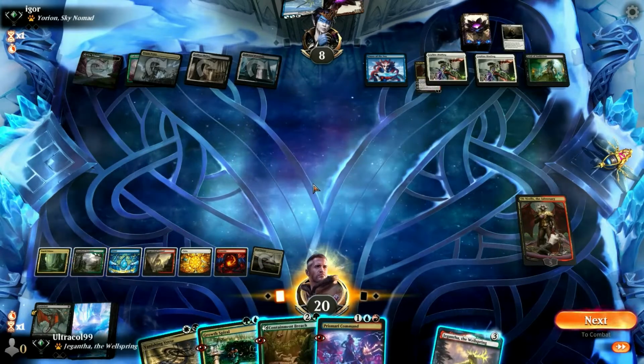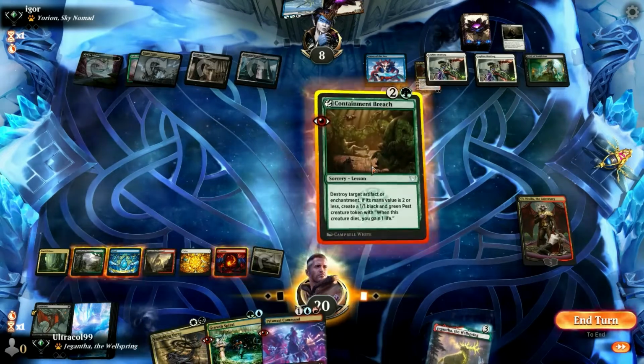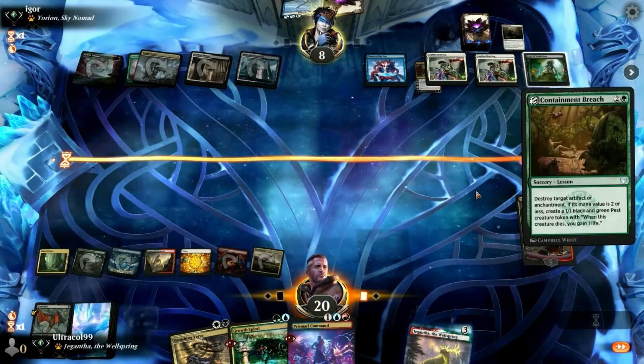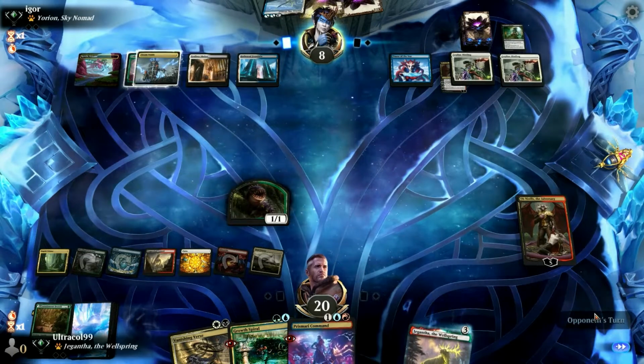So I decide, so I have to consider the next play carefully. If we Containment Breach, the Leylines are going to come back, so I take out Trial of Ambition to make a 1/1, and then I hold up Vanishing Verse here because they're going to blink their entire board if they